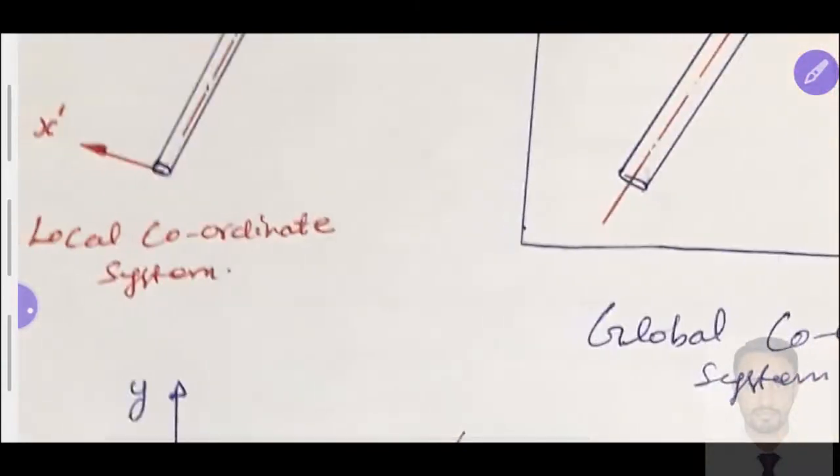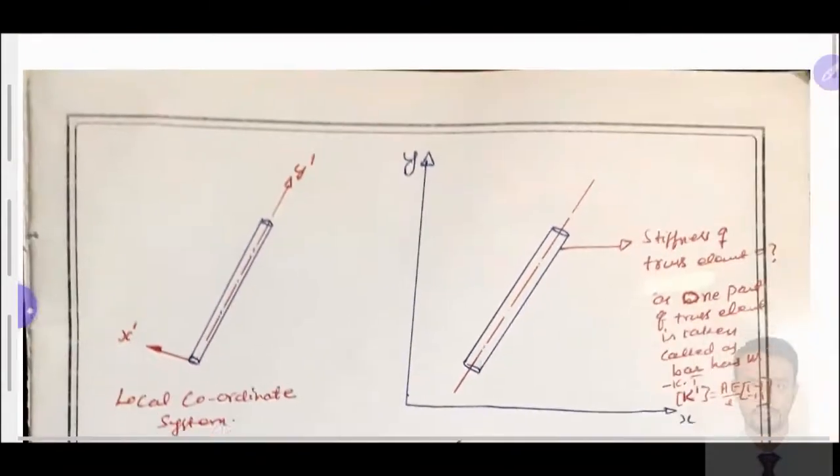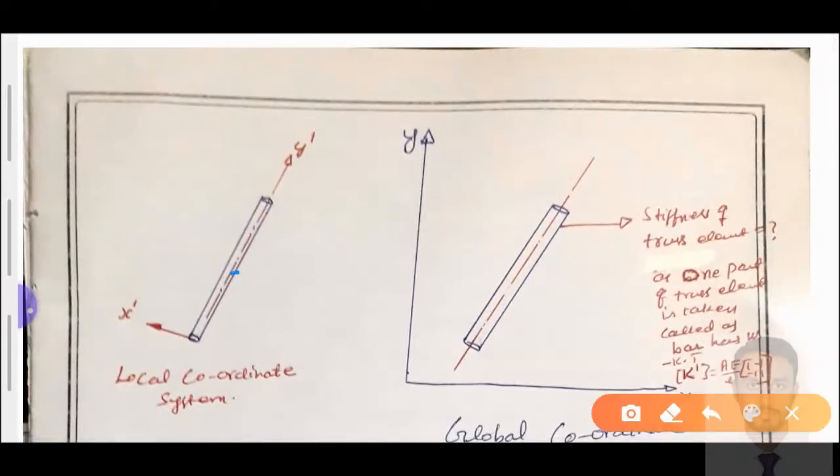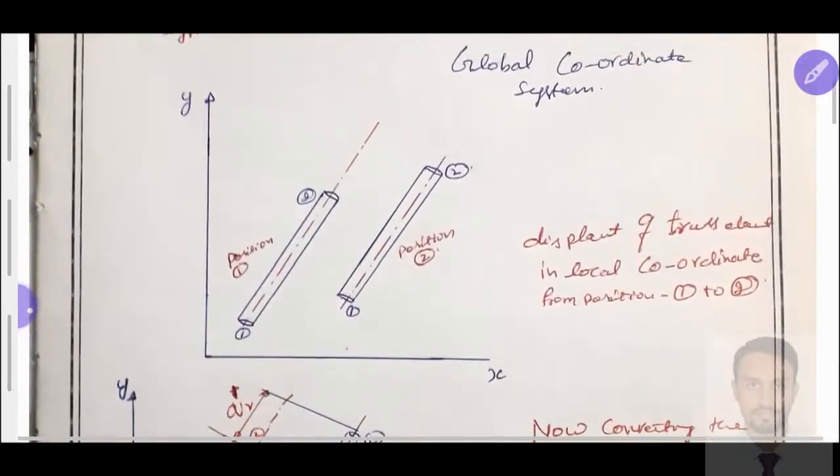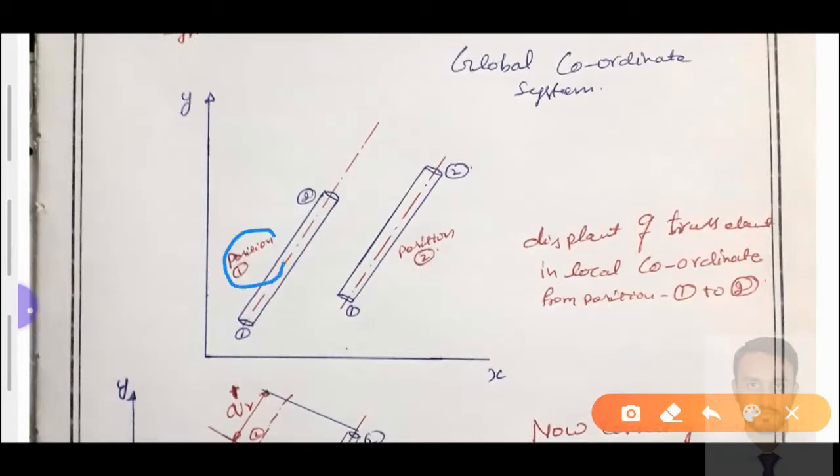For the bar, we have derived the equation k is equal to AE divided by L, times the matrix 1 minus 1, minus 1 1. I have taken it as k dash because the element is present in a local coordinate system x dash and y dash. The same element, transferred to a global coordinate system, is represented between the x and y axes. After that, this element is displaced with respect to a local coordinate system from position 1 to